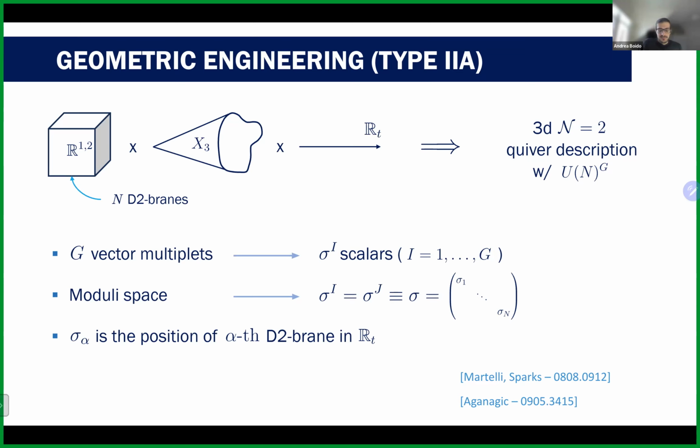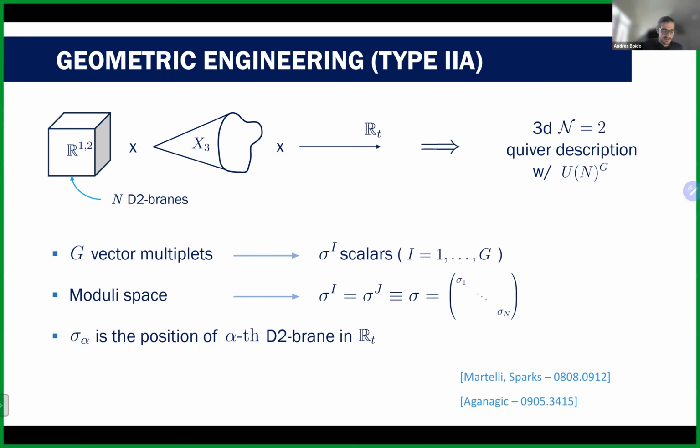I don't want to tell you much about these theories, but something rather important is that in the moduli space, these scalars are all equal to each other. So sigma 1 is equal to sigma G and is equal to simply sigma. And since these are N by N matrices, in this case they are also diagonal. So I'm going to call the eigenvalues sigma 1 up to sigma N. And the important thing, the takeaway message of this slide, is that the eigenvalues of this sigma in the